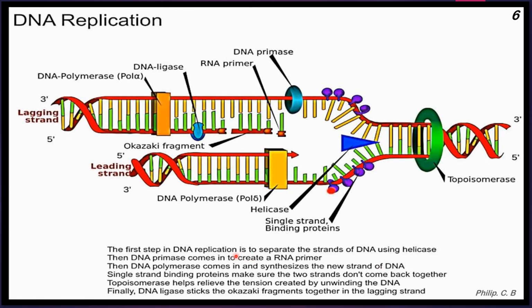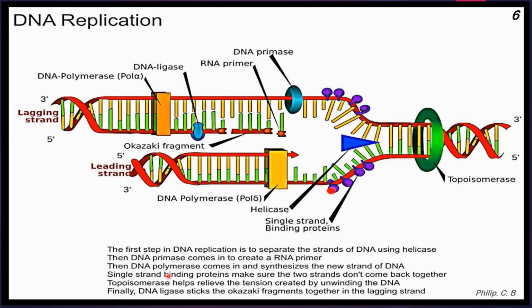Further, going into a little bit more detail about DNA replication. So here you can see again the DNA which is already unwound or unzipped. You can see a topoisomerase. Then you can see other labeling parts: the DNA primase, DNA primer, DNA ligase. Now here you can use simple terms, like DNA ligase acts like a gum in joining the nitrogenous bases. DNA polymerase, then the lagging strand over here, whereas here is the leading strand. Then the DNA polymerase over here, the helicase, single strand binding protein.